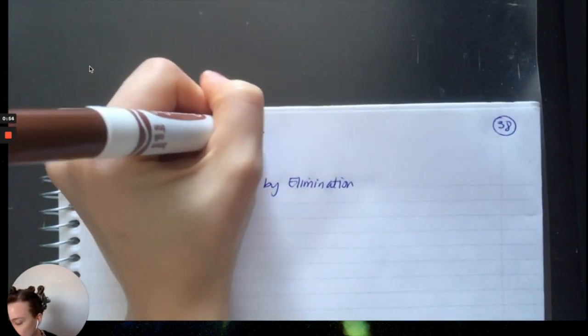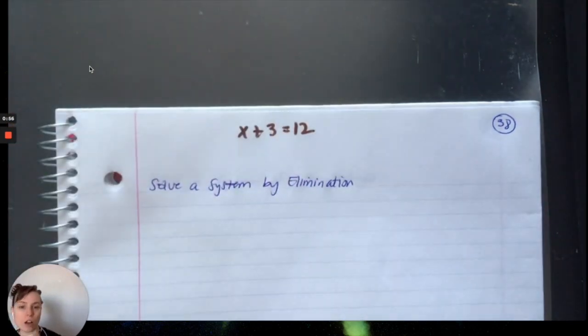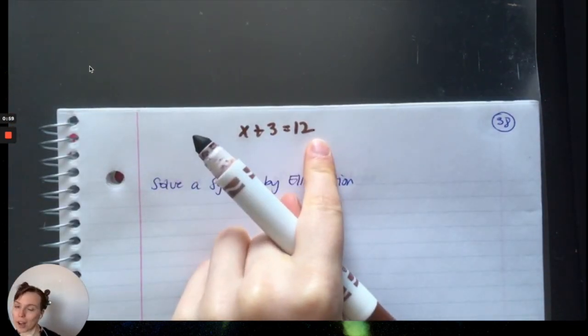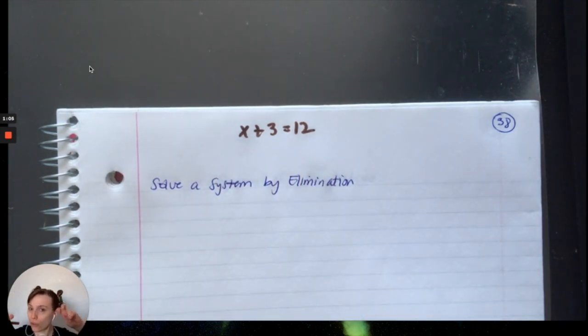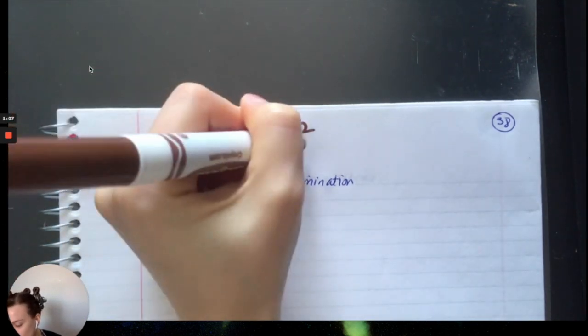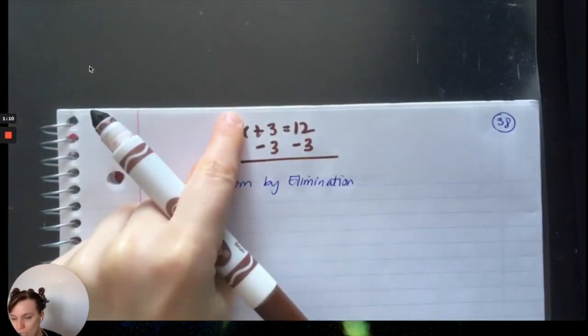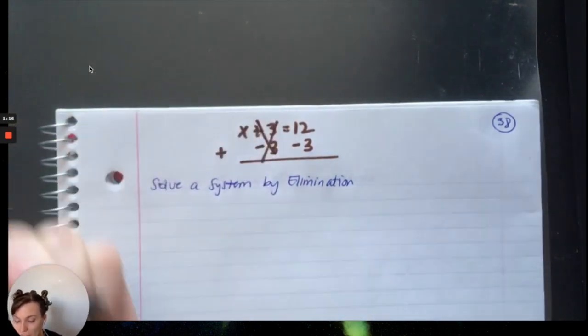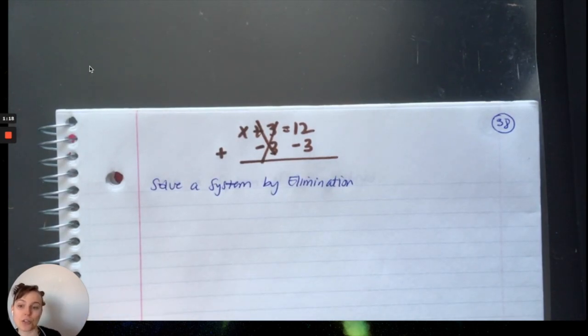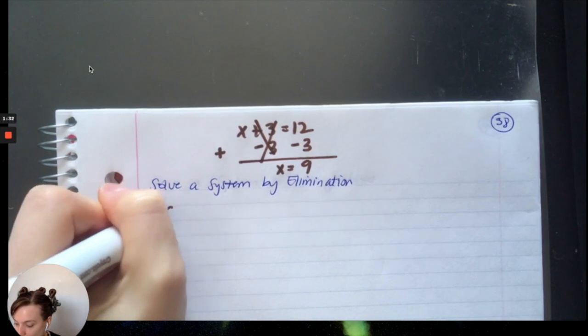So if I have x plus 3 equals 12, a lot of people call it moving the 3 over. Well, we're not really moving positive 3 over. We're actually moving a negative 3 over to move the 3. But we're really going to subtract 3, because what is 3 plus a negative 3? 0. We're eliminating the 3, but in order to eliminate it, I had to subtract 3 also to the other side because I have to keep it a balanced equation. So we are eliminating, and that is our goal, is to make numbers that will eliminate, or coefficients that will eliminate. So we are going to be adding,